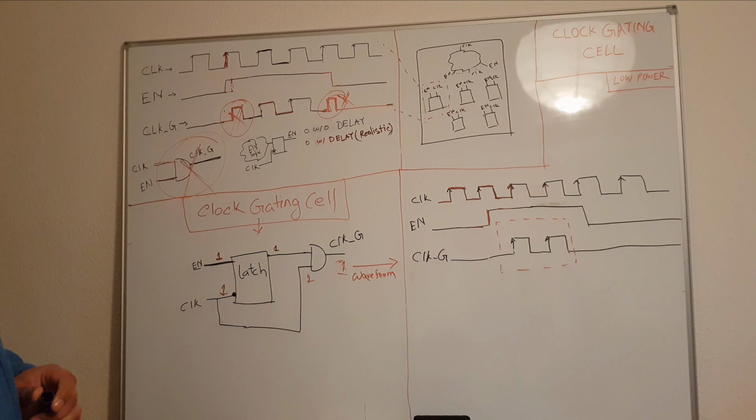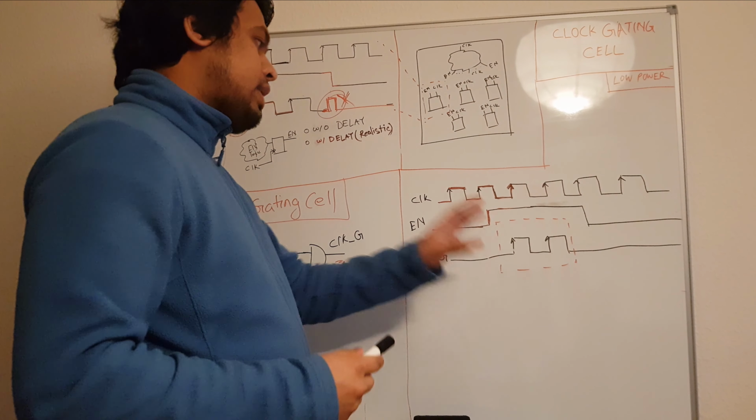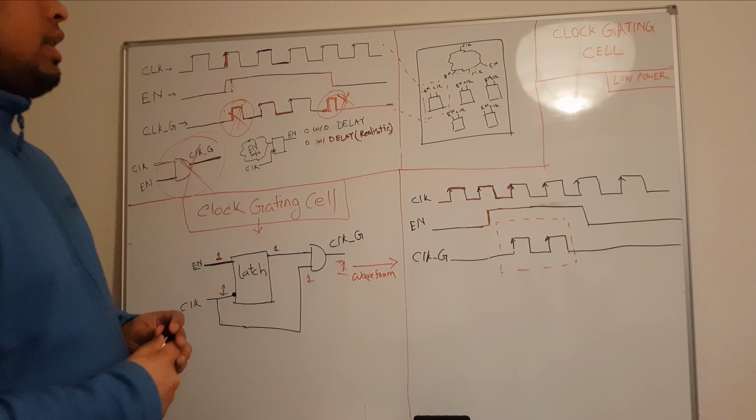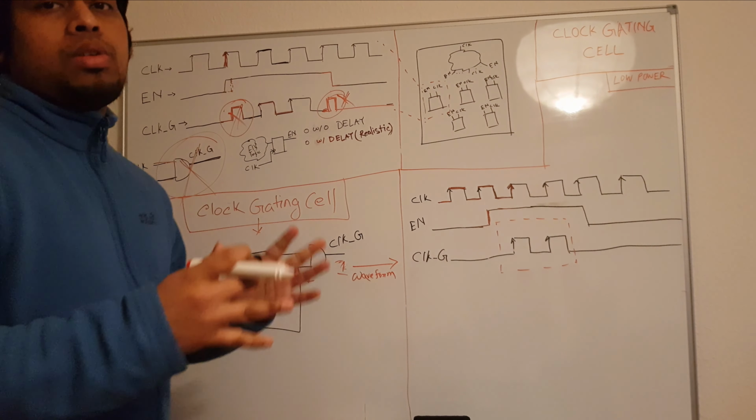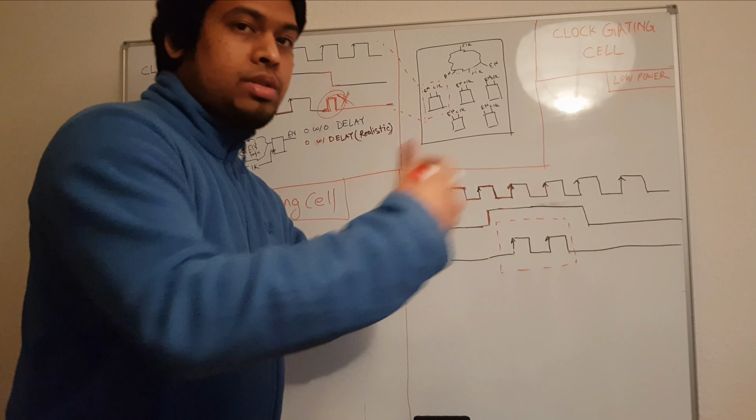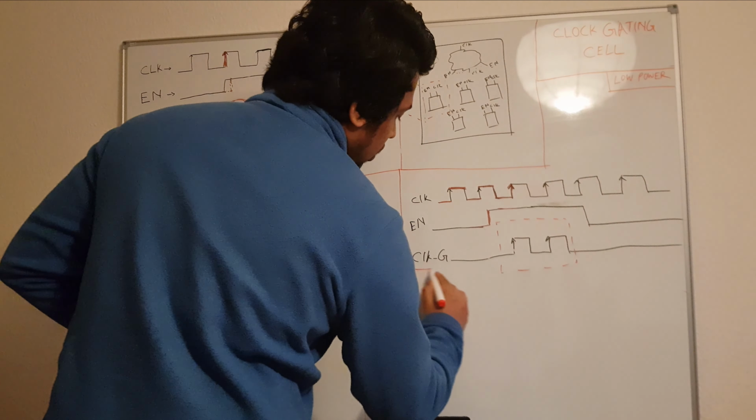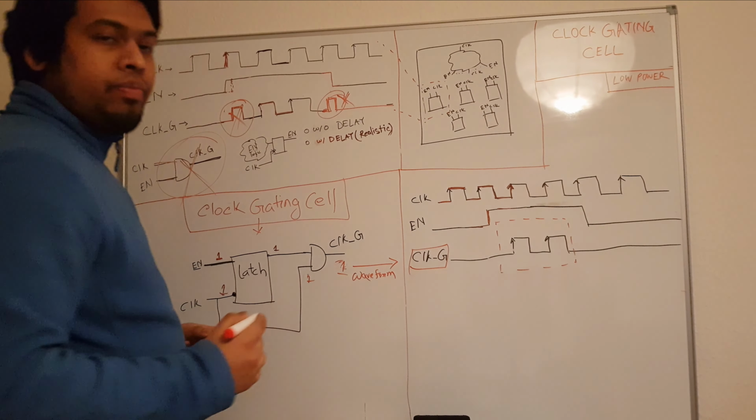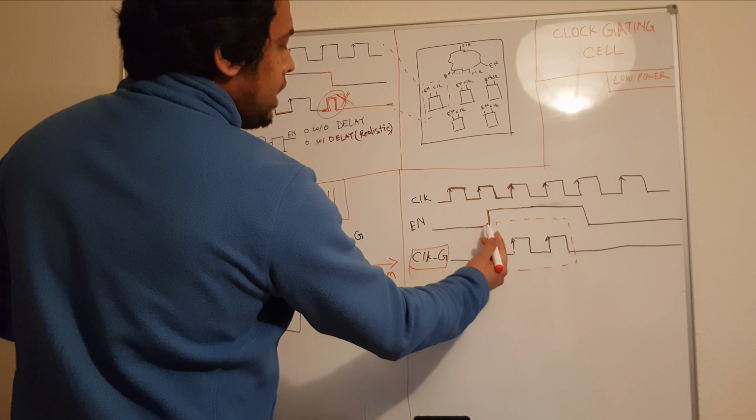So what will happen here to be very exact, and that's the point of this clock gating cell, is that we have a very clean window of clock which is being transferred into the submodule. That means we have created a clock gated clock which is very clean, and this is actually much better because